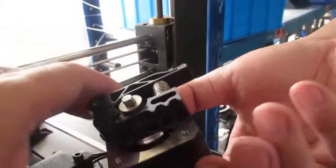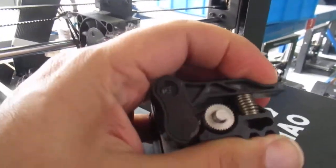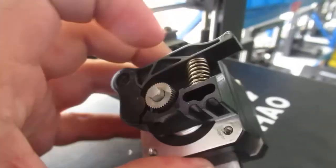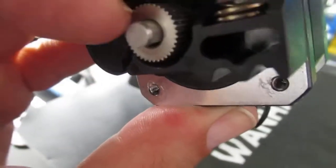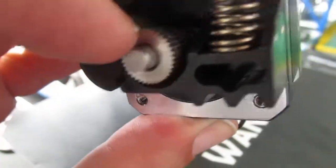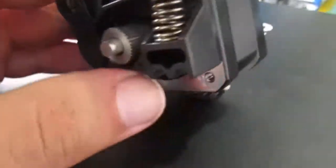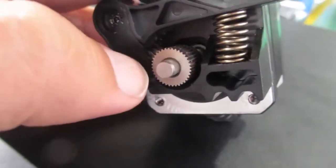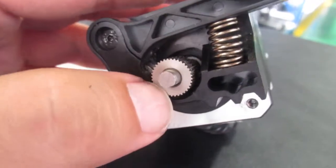And what you need to check first is this knob, whether it is loose or not. You can make sure that it shouldn't be loose. And if the issue is not this one, then you have to check this gear here with the rail, which feeds the filament. You have to make sure they fit. Sometimes the gear loosens and goes back and they don't match and fit together, and then that doesn't